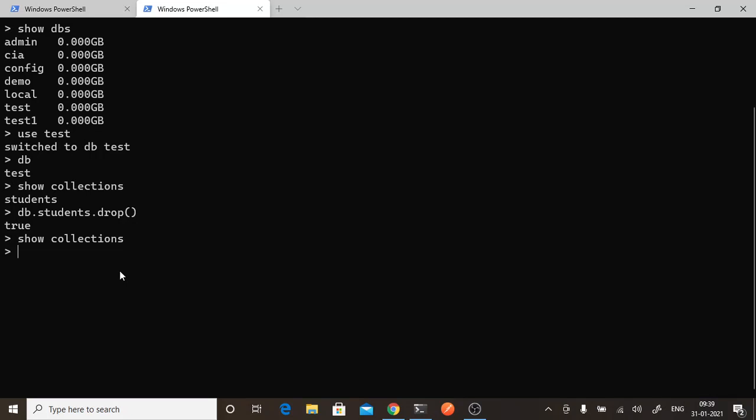In the same way, if you want to delete the complete database, the command will be db.dropDatabase(), with the D in capital, camel case you need to write. So db.dropDatabase() deletes your database, that is test.